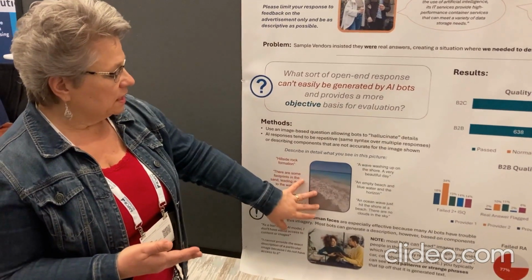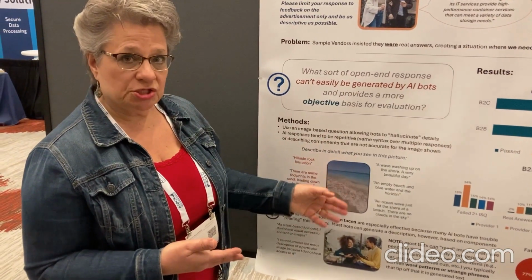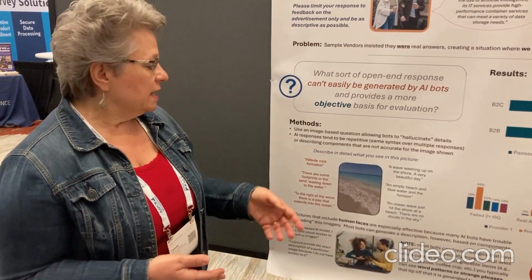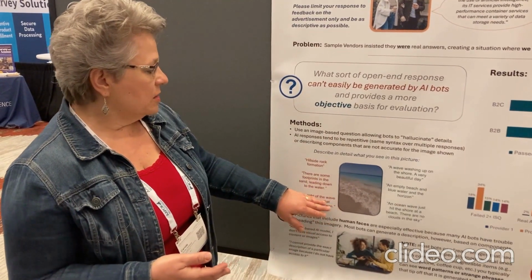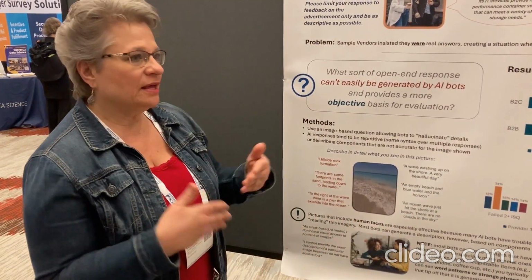For example, on this beach picture, when I ran this picture of a beach through an AI generator, it talked about the people that were in the picture and the palm trees that were in the picture. And I was like, there are no palm trees in this picture. So we started using images. And what we found out is that it's not just any image that works. It has to be something that has a person's face in it,